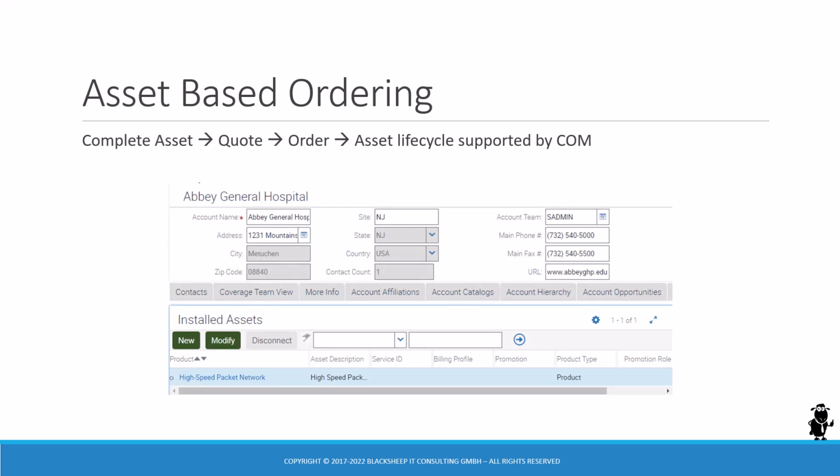We also will have a chapter on asset-based ordering. Asset-based ordering means, in principle, that you start with the asset being a product that the customer has purchased or is about to purchase, with, of course, the special configuration of that product. So imagine